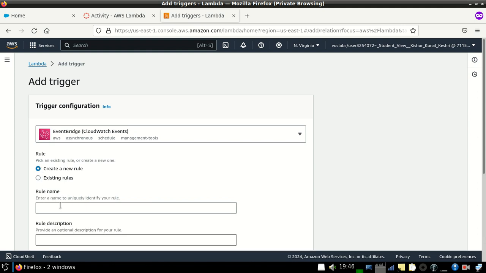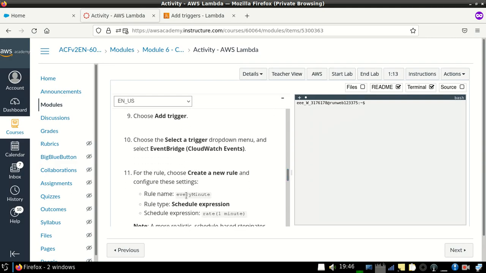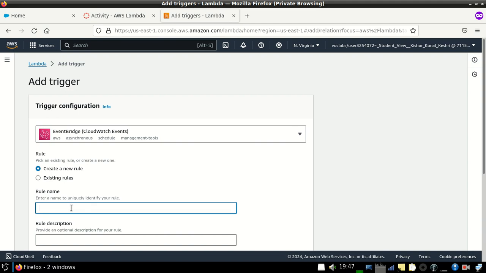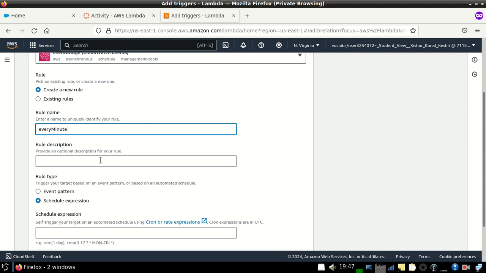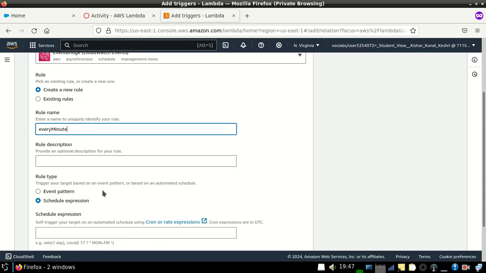The rule name is every minute, directly copy from here. Rule description we don't need to write anything because it is optional. And for the schedule expression, no change, the rate should be 1 minute. Okay, now paste here.